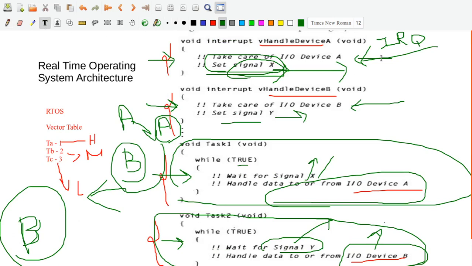That is a point that you have to understand here. You are assigning different signals for different devices. Now what happens here? Just observe here. If device A has raised the request, it will set the signal X again. When it sets a signal X, now